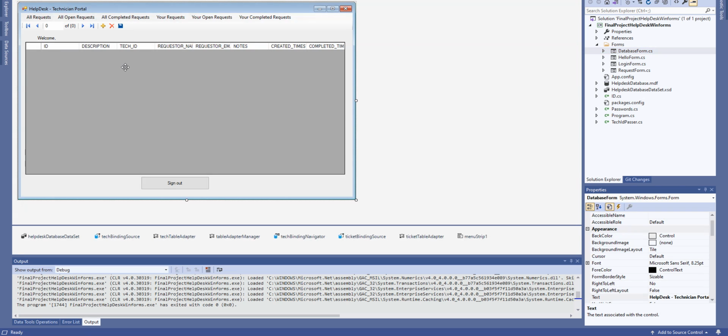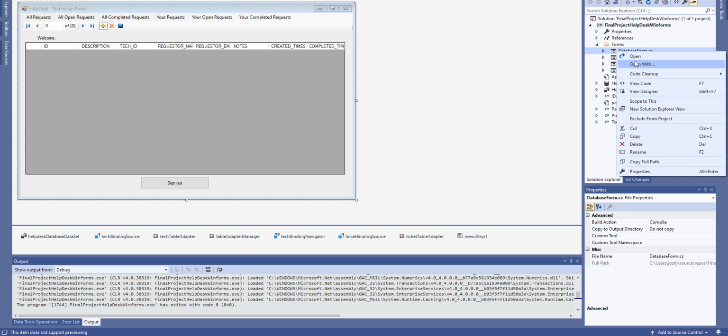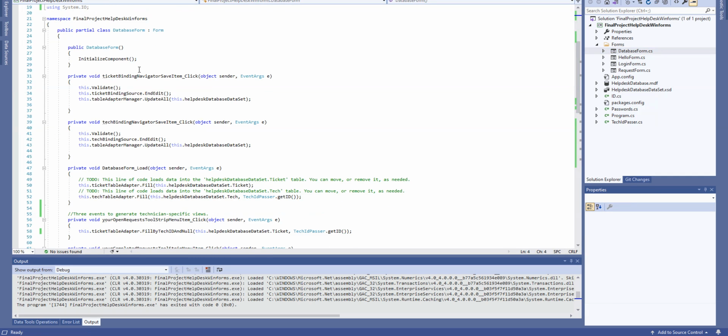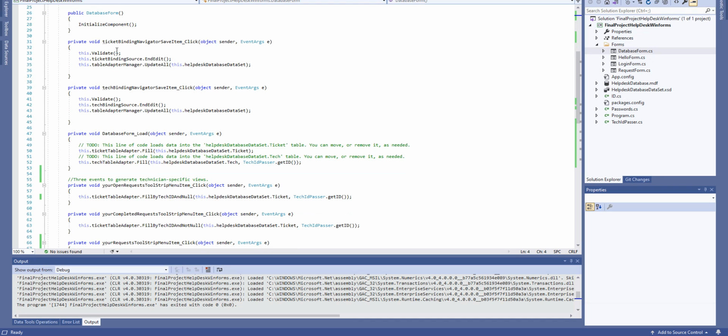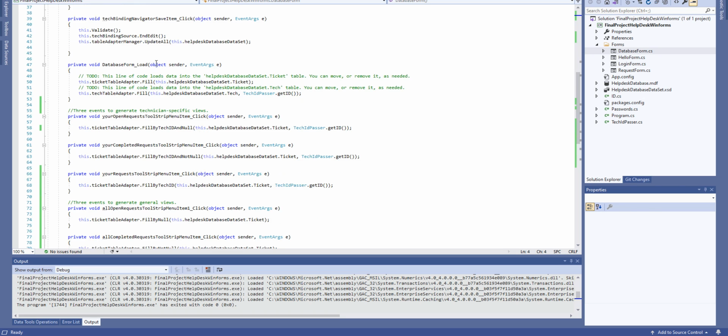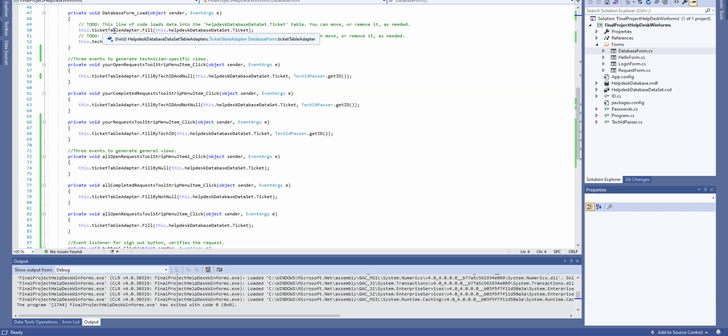which is this screen. We're navigating through all of the databases, the database views that you have available. And this is where a technician is going to get all of their information for the requests that they have open and the requests that have been completed. And so we just have several calls to different views down here, which we'll get to in just a moment. But upon saving an item, if there was an update that is made, it just updates the database. Upon loading, it shows just the general,